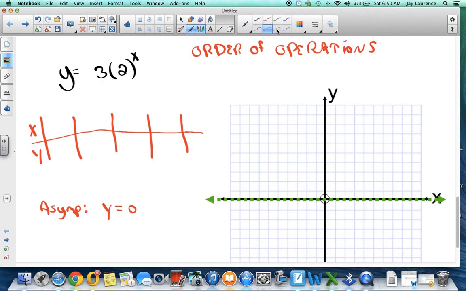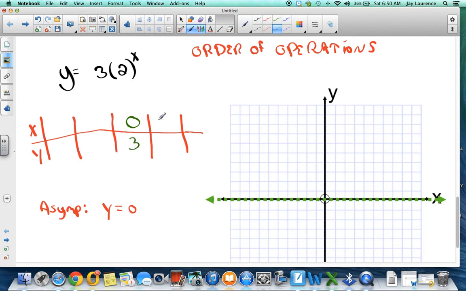All right, so what values do I put in? Well, I like my exponent to be 0. That's the first value I want to put in. What number turns this variable to 0? Well, 0, of course. If it looked like this, y equals 3 to say x minus 5, the first value I'd put in my input-output table would be a 5, because that would turn this to 0. Okay? All right, so I put 0 in, and I get 2 to the 0, which is 1, times 3